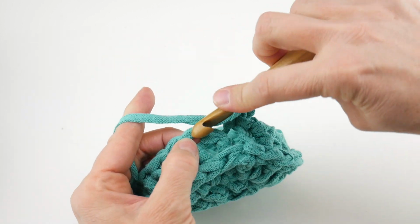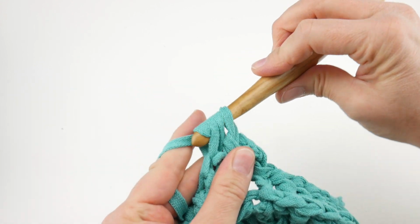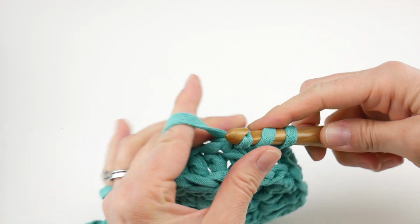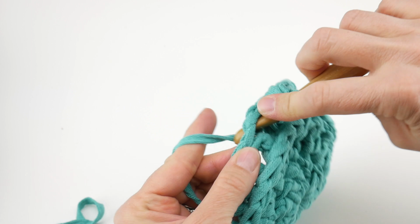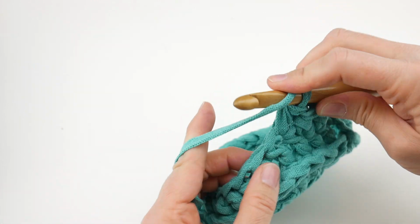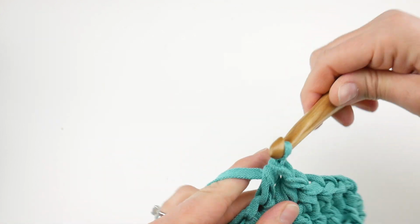Wrap yarn around hook, insert it into the next stitch. Bring up a loop, yarn around hook, bring it through all 3 loops. And we're just going to do this all the way around, just like that, okay? So go ahead and work a half double crochet in each stitch all the way around, and then when we get back, I'll show you how to finish this round and to continue with the sides